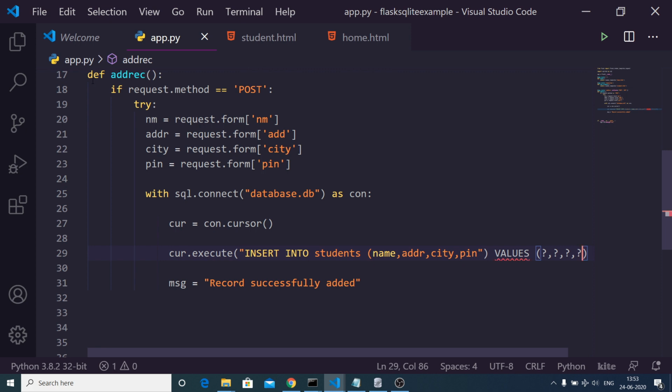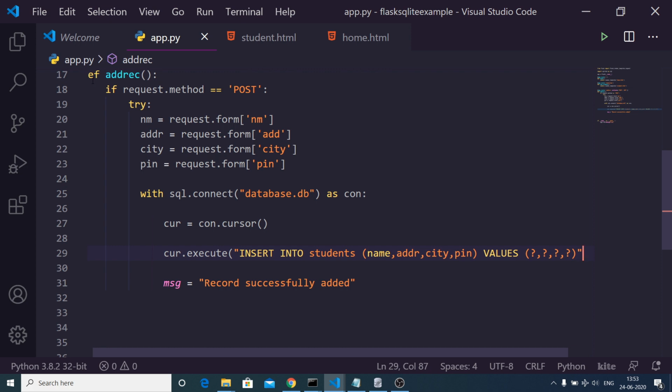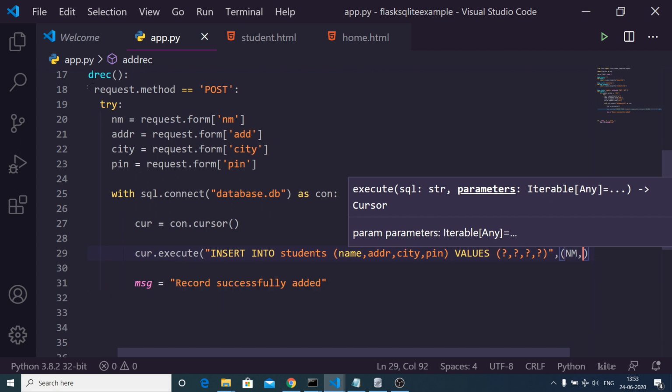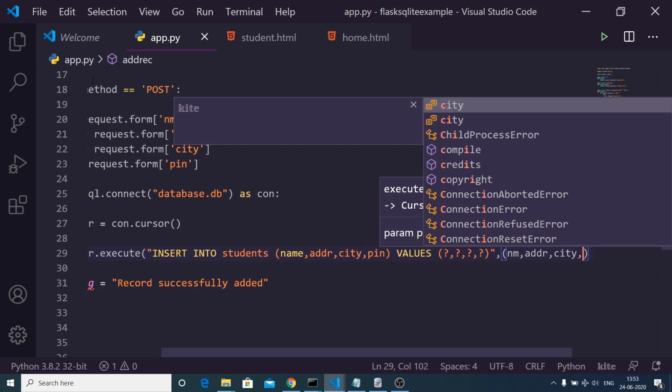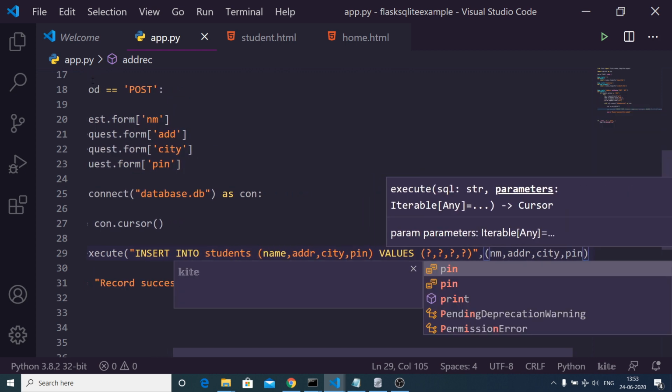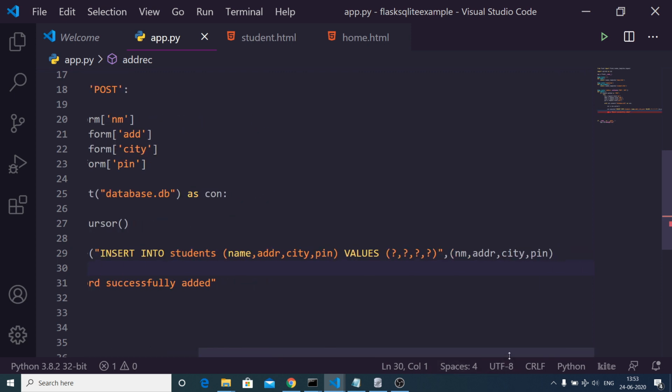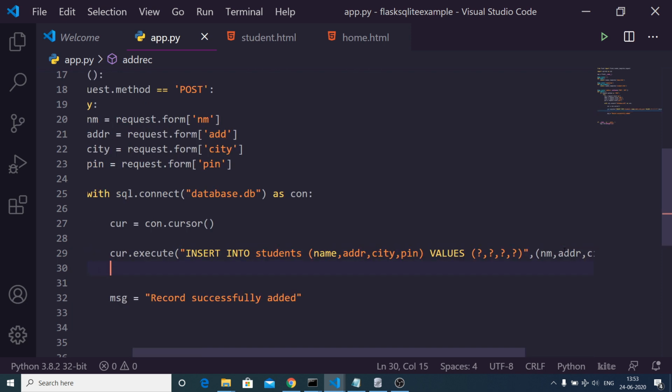And then, let me just see, guys, just wait. Here you need to remove this double quotes and put it here like this, and here you need to put a comma, and then you need to provide the actual values, which is name, which you have got, name, address, city, and pin. That's it. I think this parenthesis is remaining, so put this parenthesis, and now the statement is completed.